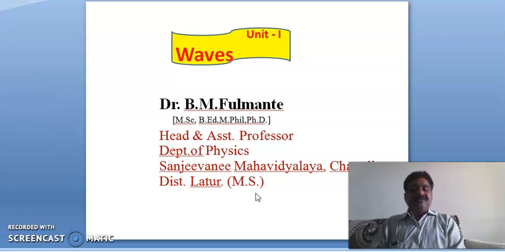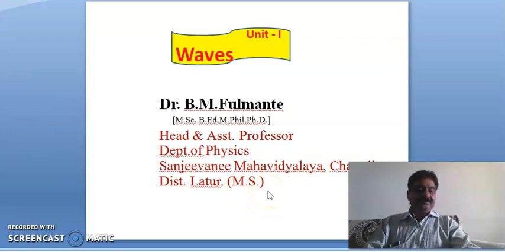It means total energy remains constant. But in case of wave energy, it does not remain constant. It varies with respect to time. So this we discuss now